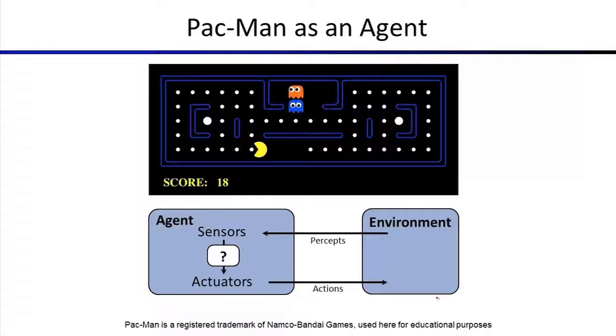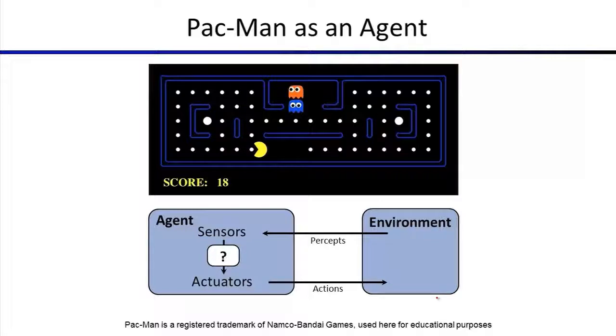You're deciding, do I go up, down, left, right, and so on. And what is your sensation? It involves your eyes, but basically you see the whole board, right? You know where the dots are, you know where the enemies are, you know where the walls are. What actions can you take? Well, you can go up or down or left or right,